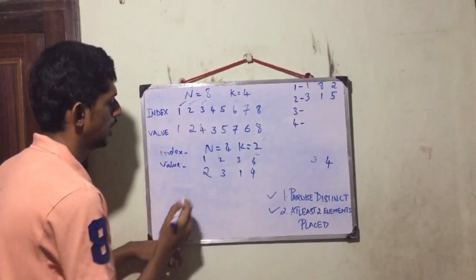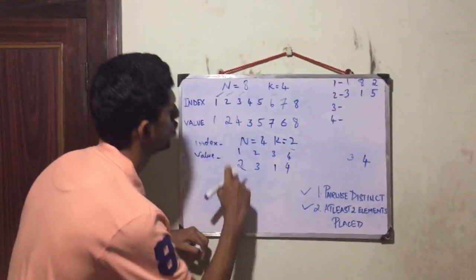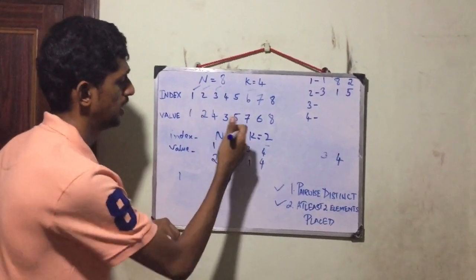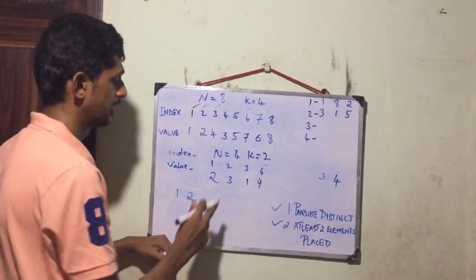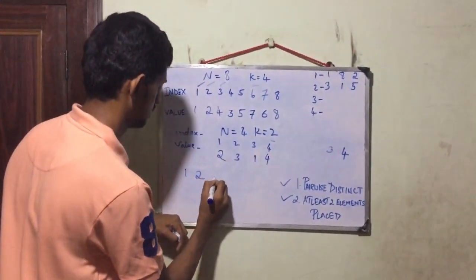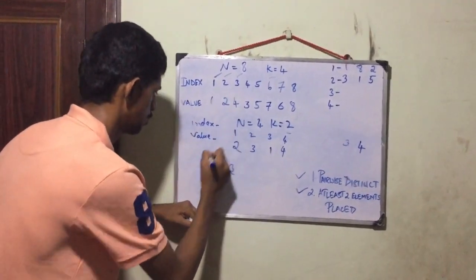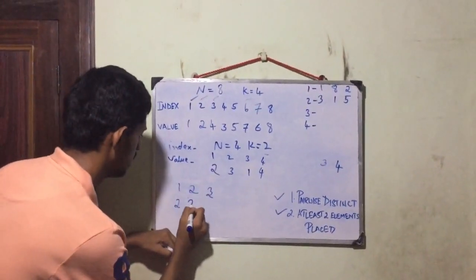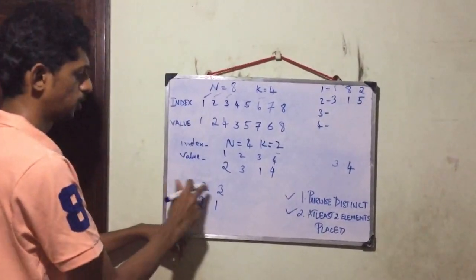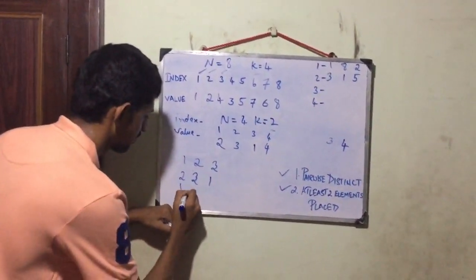Now for this, in the first index you have value 2. This 2 has to go to the second index. So I am choosing 1, and then this 2 has to go to the second index. So 2, and then in the second index you have the value 3. This 3 has to go to the third index. So I am writing its corresponding values. In 1 we have 2, in 2 we have 3, in 3 we have 1. So therefore 1, 2, 3 are pairwise distinct. Yes. So now I am going to perform a right cyclic shift.